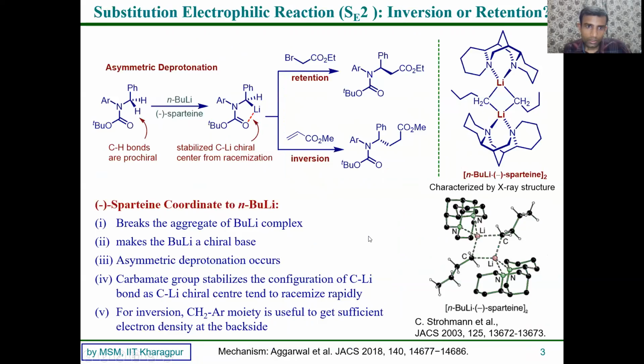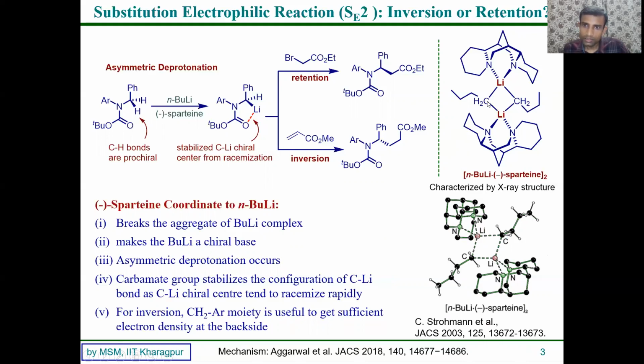Obviously, if you take minus sparteine, it will coordinate to the n-butyl lithium as shown here. The crystal structure of this compound is already known and published in this paper. This is the sparteine, the butyl group here, lithium, lithium. Several other crystal structures have also been reported in other publications, so these types of complexes are known. You can see here, butyl lithium is a dimer. But because this sparteine is quite hindered, in toluene, once your substrate coordinates with the lithium for the deprotonation, it will be a monomer.